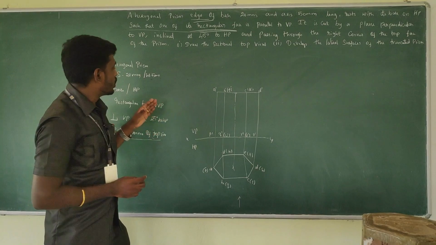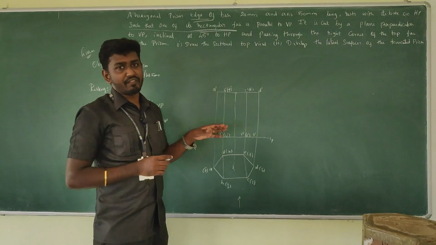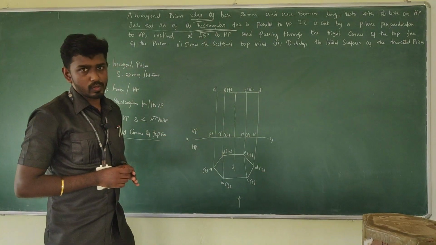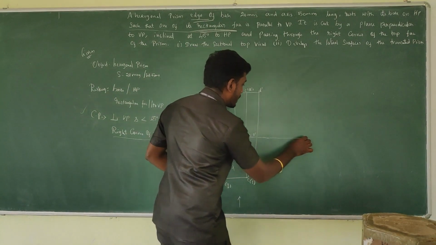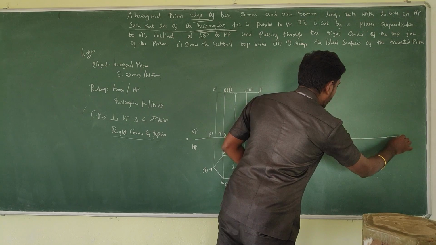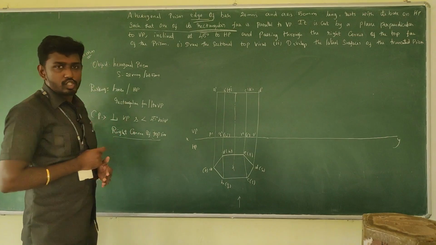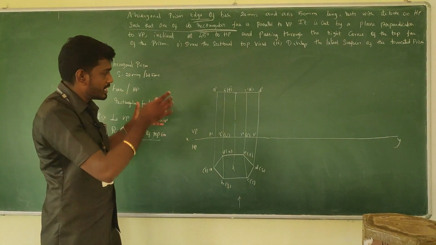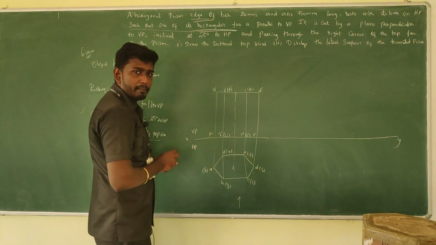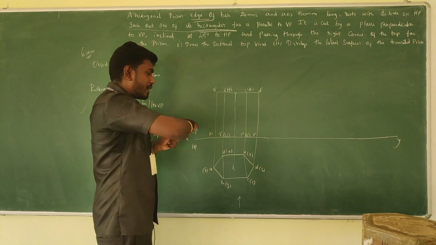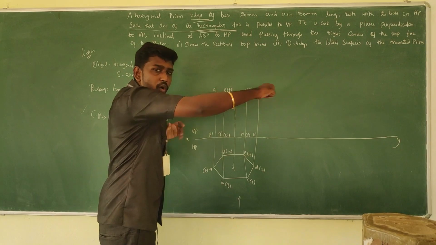Without going into the condition of the cutting plane, let me try to develop the lateral surface of the hexagon first. In order to draw it, I am going to extend my reference line XY. Let it be developments. What do you mean by development? We consider the object as hollow and cut it at the left extreme, and afterwards, from the rear side, we stretch it out on a plane.